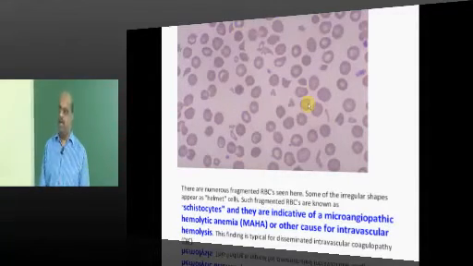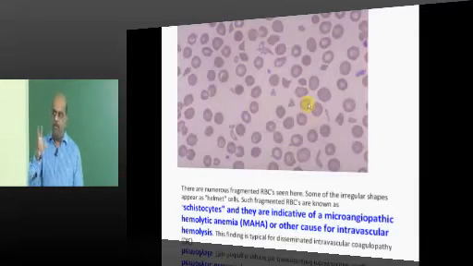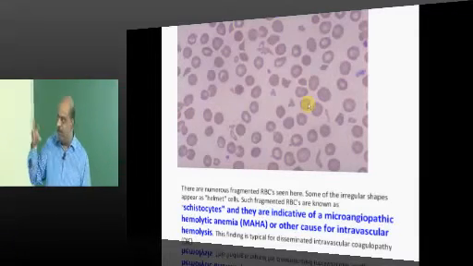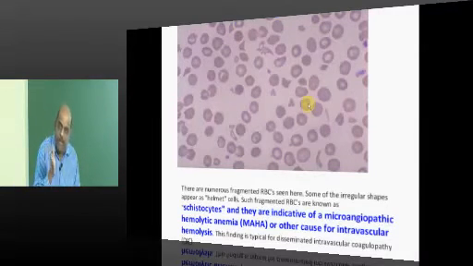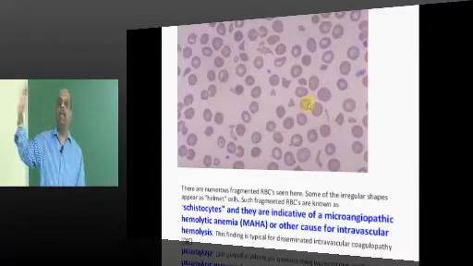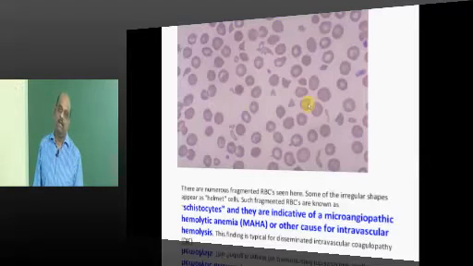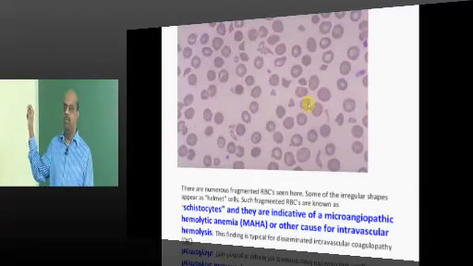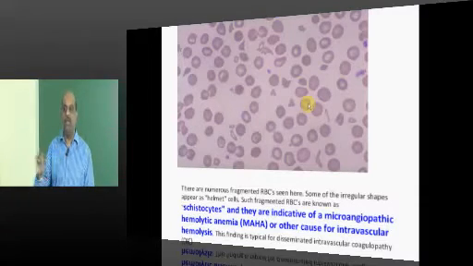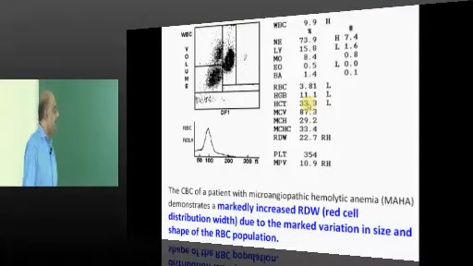Microangiopathic hemolysis mein kya hota? Lot of platelet thrombi will be there. There will be occluding vessels. When the RBC passes through them, it becomes broken, and those broken RBCs create the schistocytic appearance. Very classical. Even one schistocyte found is equal to microangiopathic hemolytic anemia, is what you have to remember.